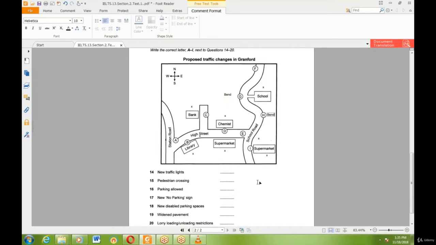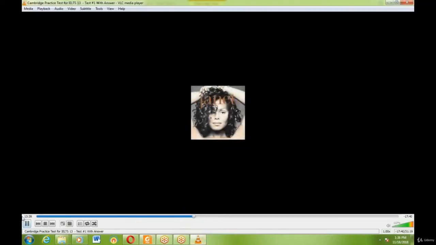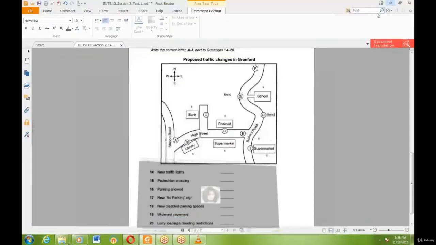We also plan to widen the pavement on School Road. We think we can manage to get an extra half metre on the bend just before you get to the school, on the same side of the road. Finally, we've introduced new restrictions on loading and unloading for the supermarket, so lorries will only be allowed to stop there before 8 AM. That's the supermarket on School Road. We kept to the existing arrangements with the High Street supermarket. Okay, so that's about it.